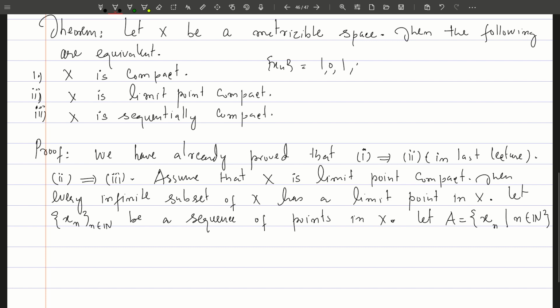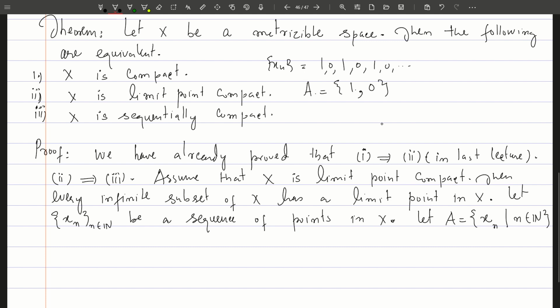So this is 1 0 1 0 1 0, and so on. Then the set A will be the set of terms of this sequence. Since this sequence has only two terms, 1 and 0, which are repeating, this set A consists of only two points. So that means when A is finite, then